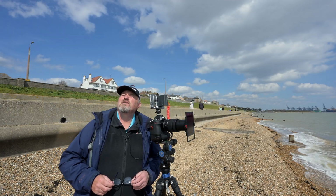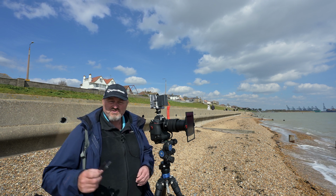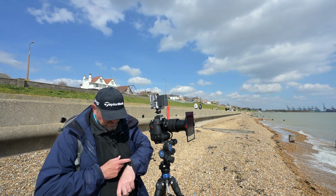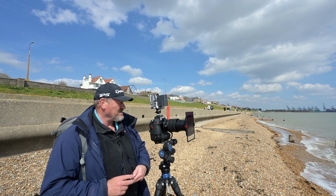Yeah, I think we've got a bit of sun for a while now, so I'll have to bear with it and work with that. And I've now done my 3 compositions. I've done the far one, the middle one, and the left hand side one. And it's 1 o'clock, it's now high tide officially, so I've probably got about another hour of shooting, and it's